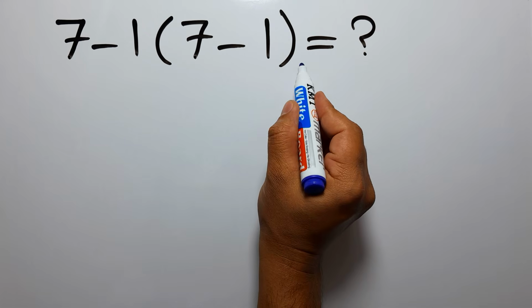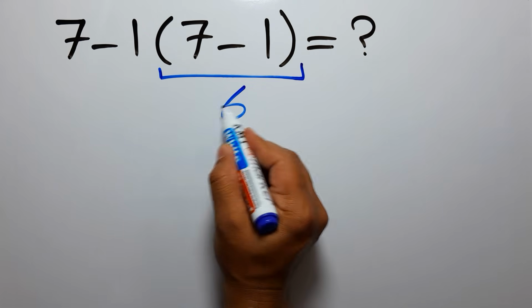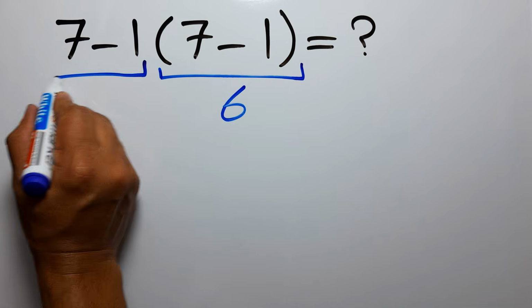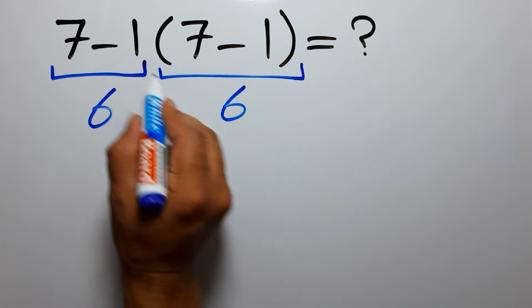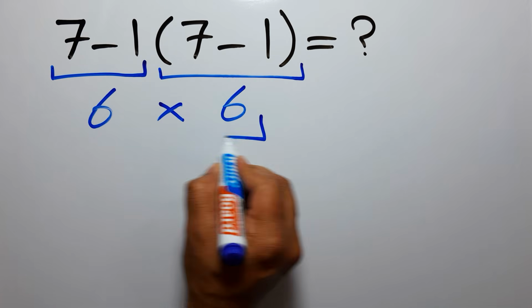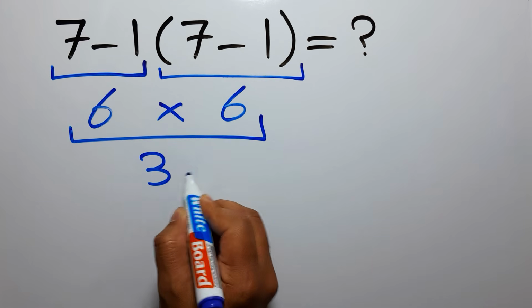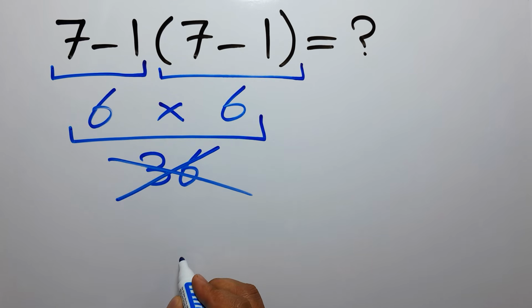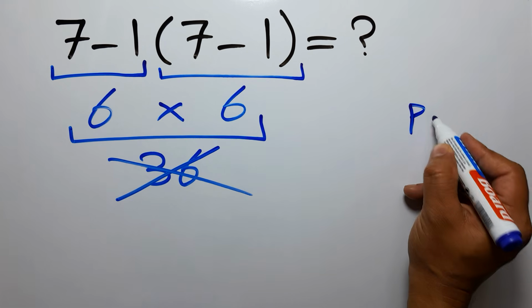7 minus 1 gives us 6. And again here we have 7 minus 1. So 6 times 6 equals 36. But this answer is not correct, because according to the rule of operations, which is PEMDAS,